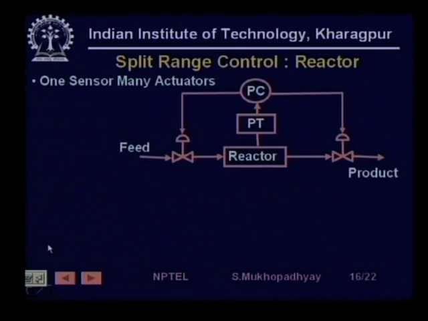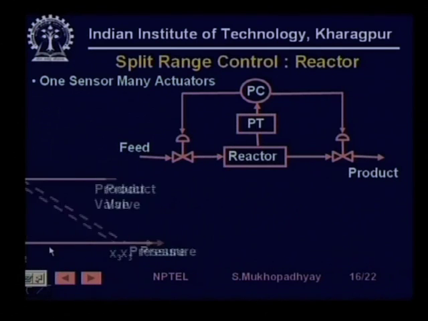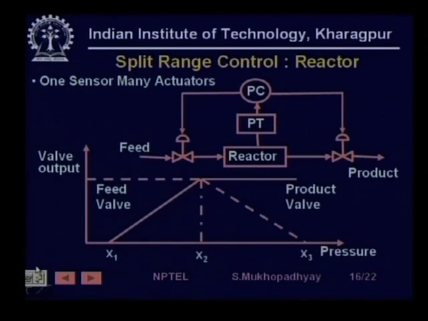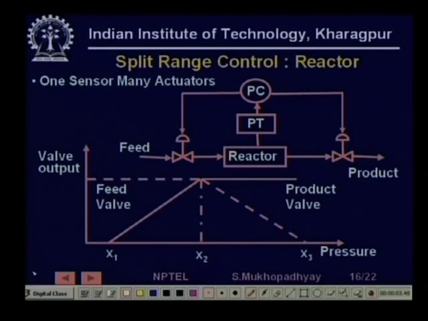Here is another example, for a reactor, which is very similar. So, here you want to control the pressure in the reactor. The pressure in the reactor could be controlled either by controlling the feed rate or by controlling the product outflow rate. So, in the initial part of the pressure range, you gradually open the